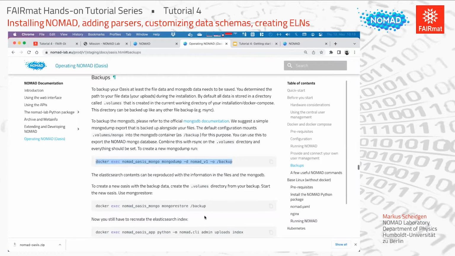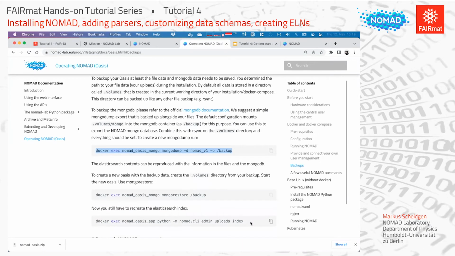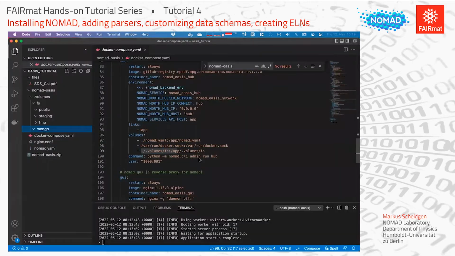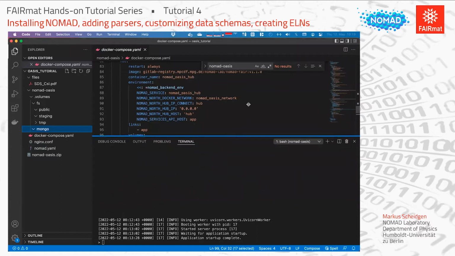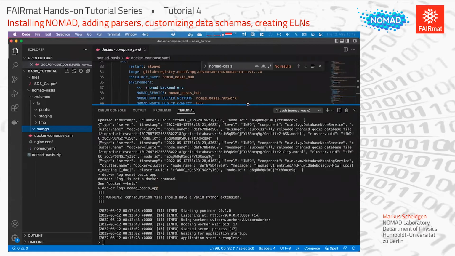And then one thing that is necessary is that you need to rebuild the Elasticsearch index, and there's also a command for this. And speaking about these commands, that's another thing that I wanted to show you: for most administrative stuff, you can work with the normal command that we provide that helps you to look at uploads, to stop processing of stuck uploads or delete uploads, or when something goes wrong, reset everything, these kinds of things. And to do this, you can basically open a shell in one of the